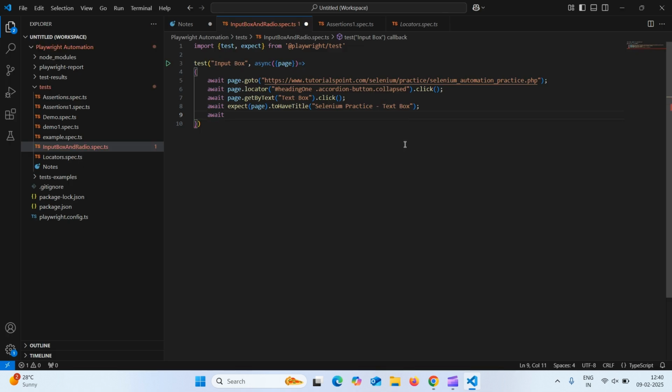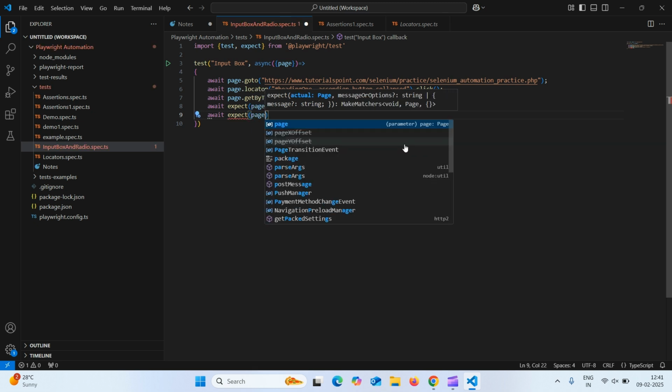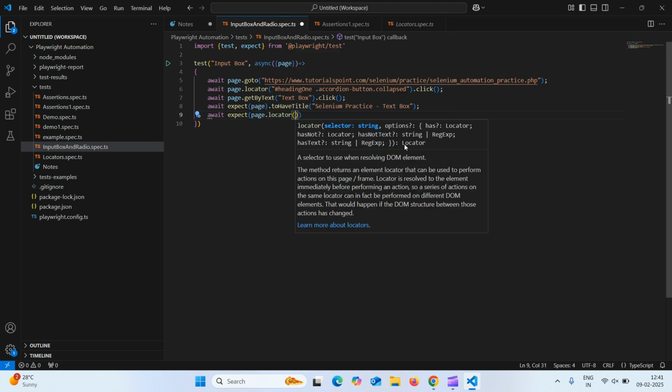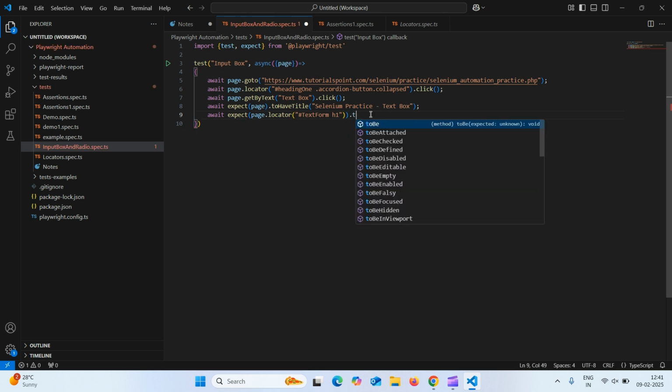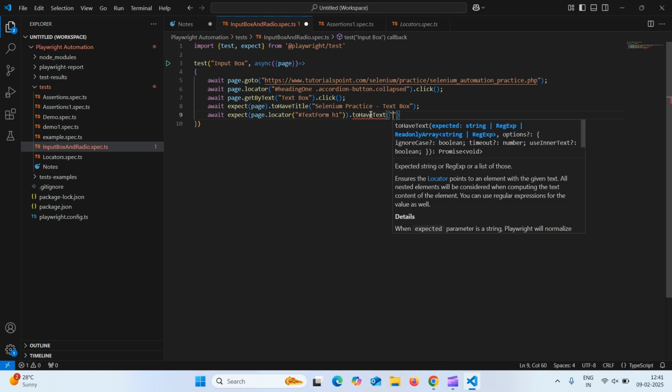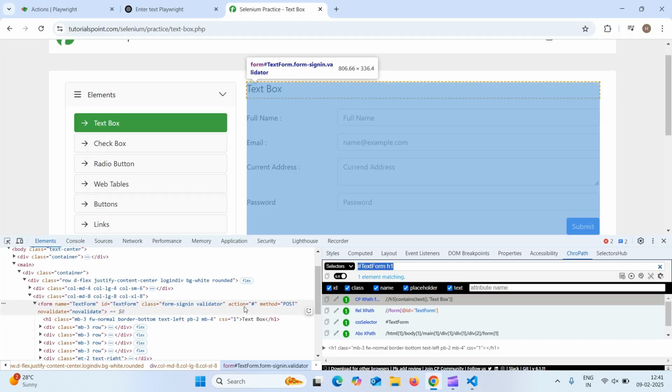Await. What we need to do, we need to validate that it has a text, that is text box. So what assertion we need to add? We need to add toHaveText. So expect, what I'm expecting, page.locator. What is the locator? This is the locator.toHaveText. What is the text? Let me copy from here,